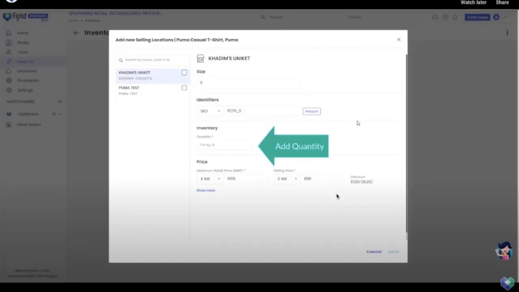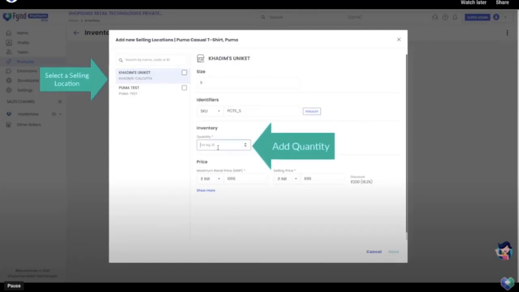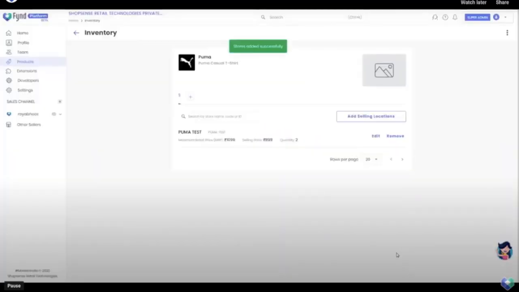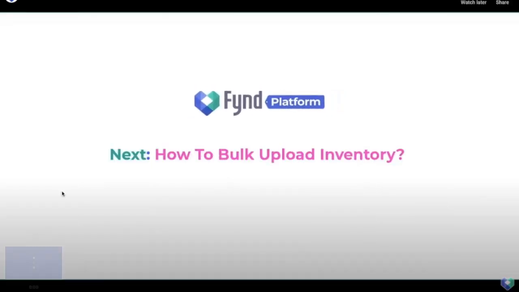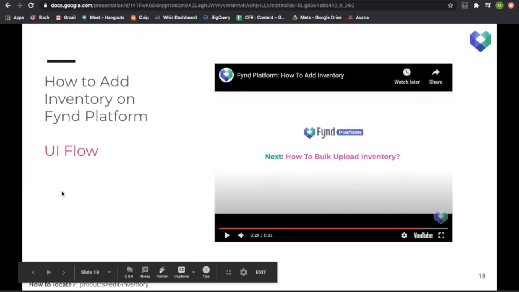On the left side, these are your selling locations that we have created before. In case you have only one selling location, only one will pop up here and you can select it. But if you have multiple selling locations, you can select from here, and accordingly update the quantity of your product. Once you save it, you can see it here. So this is how you update single inventory for a single product through the UI.